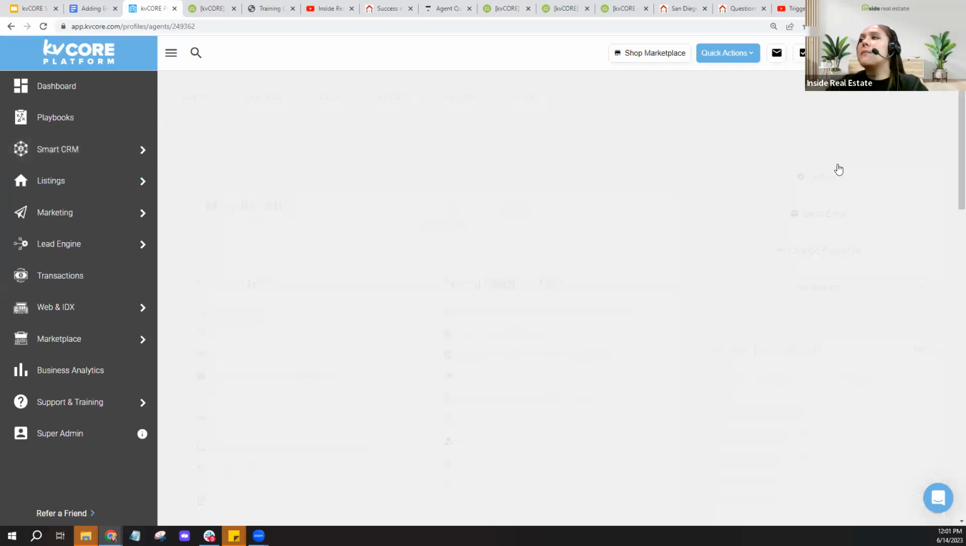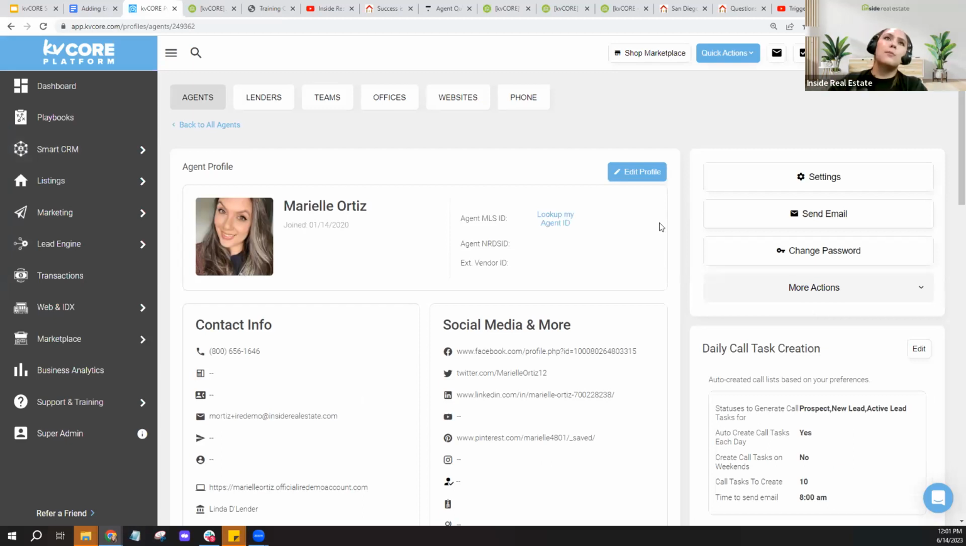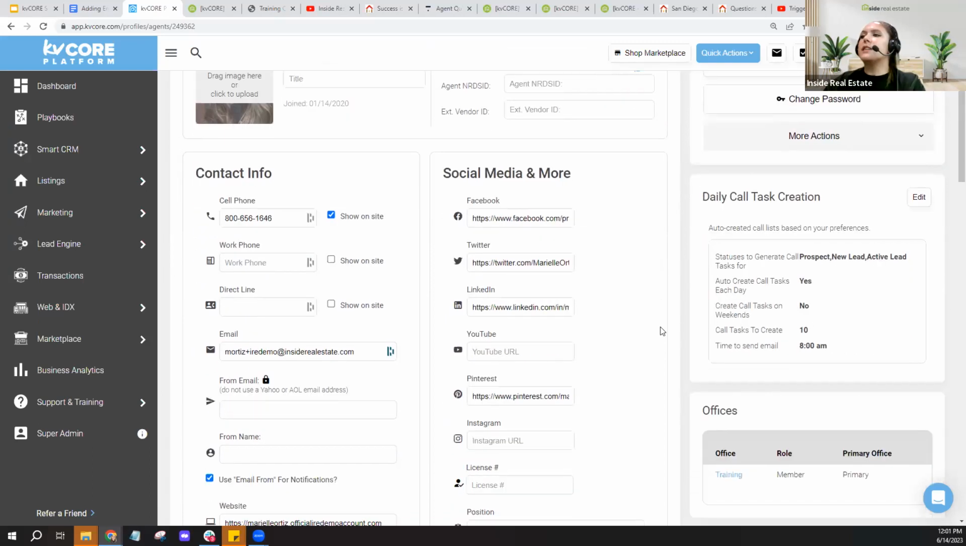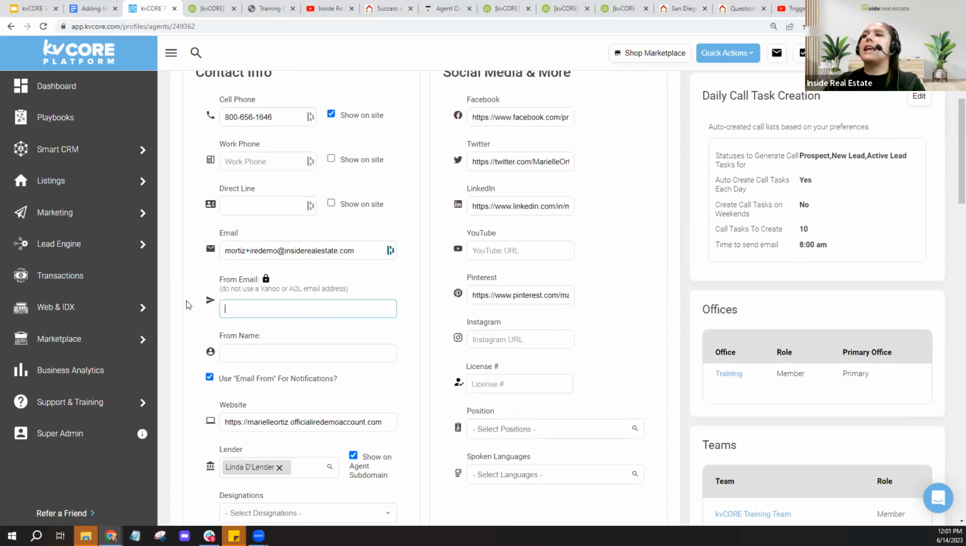Now, I do want to mention, as I'm mentioning this feature, I know some brokerages out there, depending on your brokerage, some of this information auto-fills from whatever your intranet source is for very specific brokerages, not for most. Most you can just come here and edit your profile on the spot. But for some of you out there, you might see some grayed out fields and things like that. But if I were to edit my profile, I'll scroll down here, you'll notice there is a from email address